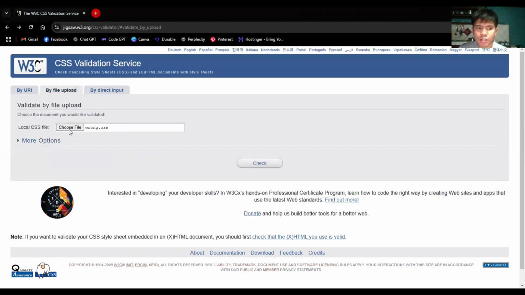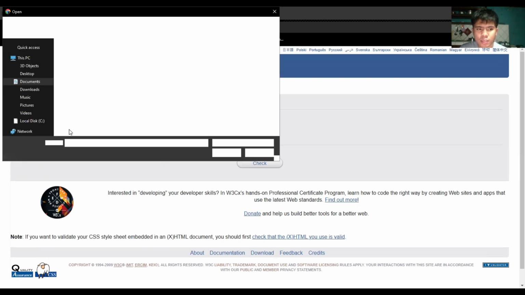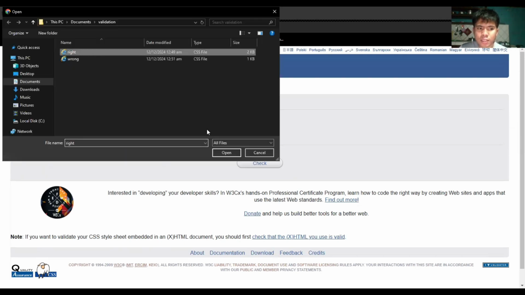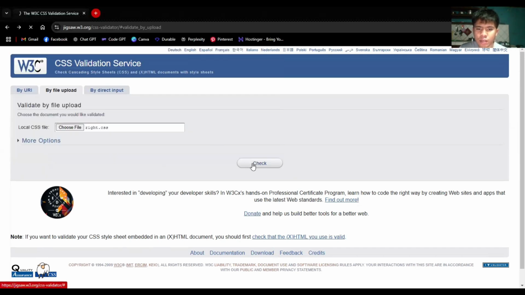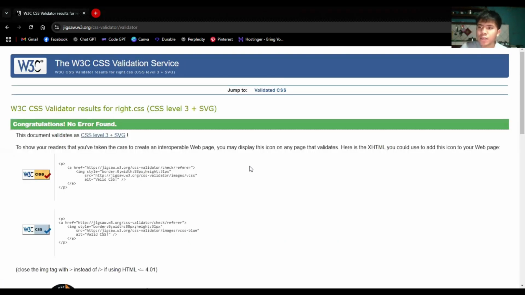We'll choose the file upload again, then click the right CSS. As you can see in checking, it has no error found, as we utilize the coding standards made by the W3C. And that's the end of our demo for today.